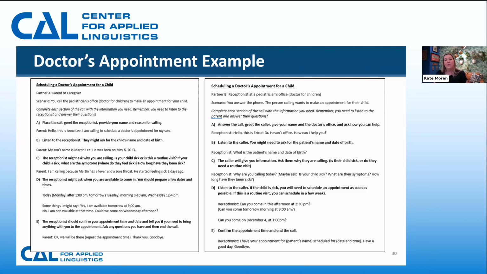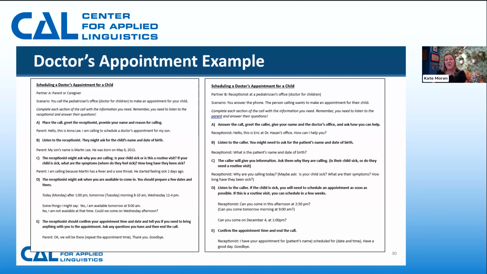So you could do that in breakout rooms, and then reset the breakout rooms so that A's and B's are together. And then it's always nice to have one person or one group share out for everyone to observe. So again, with semi-scripted role plays, you may have to adapt a little bit if you have lower proficiency learners, but it can work really well to develop that active listening and speaking, and it's a great opportunity to start building confidence with interactions that students might have on a daily basis.